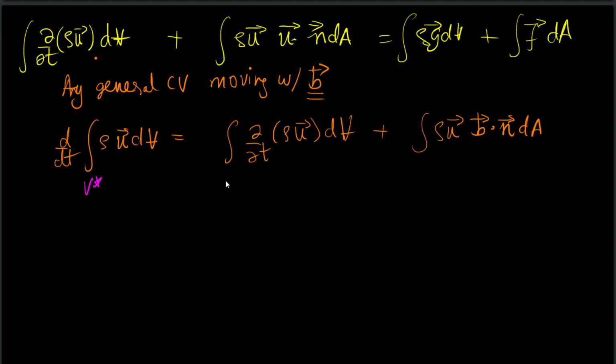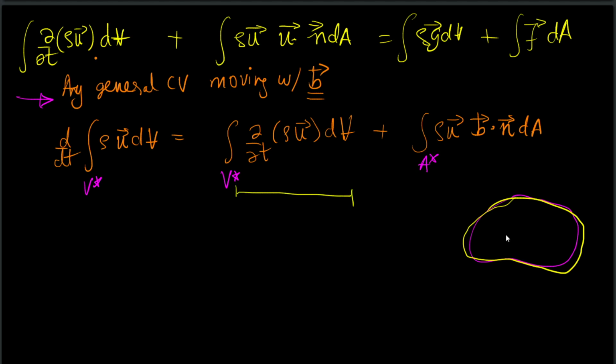Now I will call this v star and this a star. We can make this arbitrary control volume coincide. So this is the arbitrary control volume and this is the actual control volume. We can make them coincide at a given point in time, which means that integral del T of rho u dv